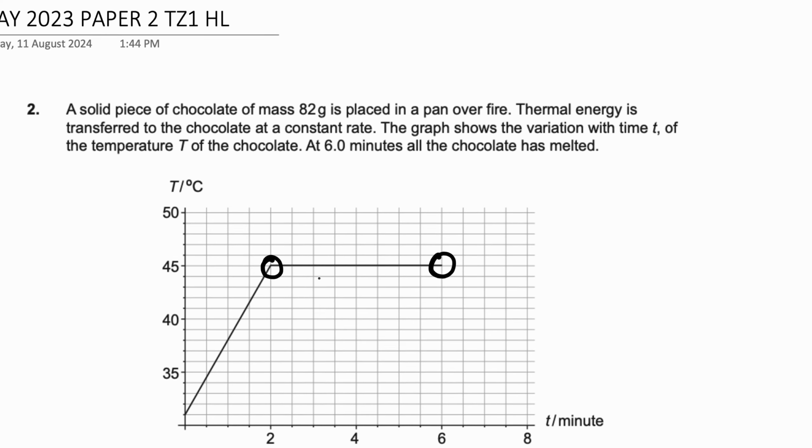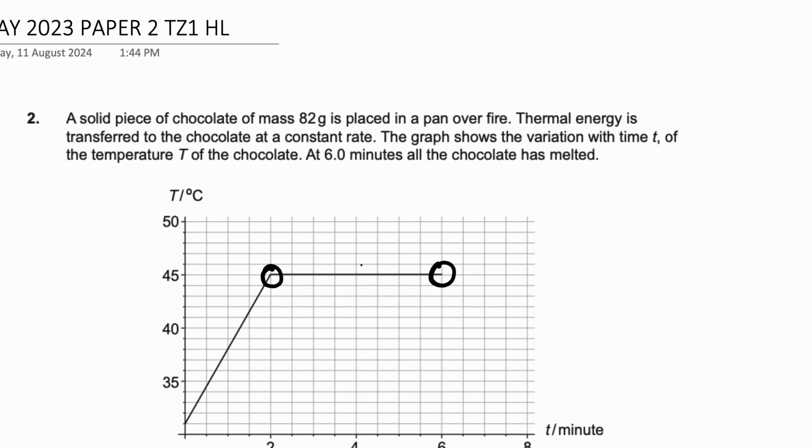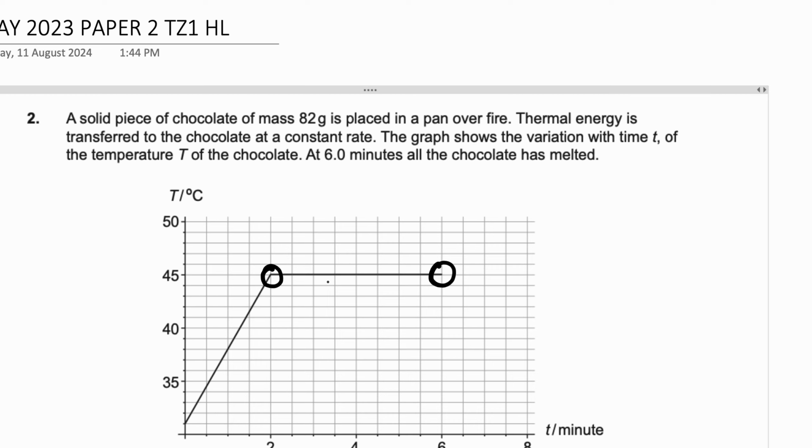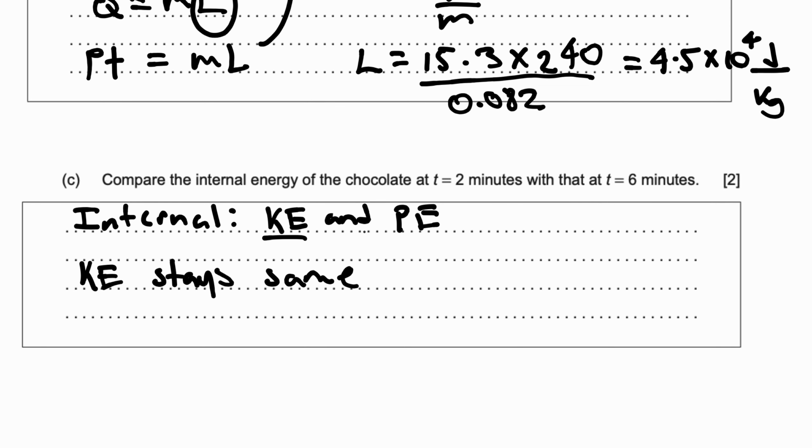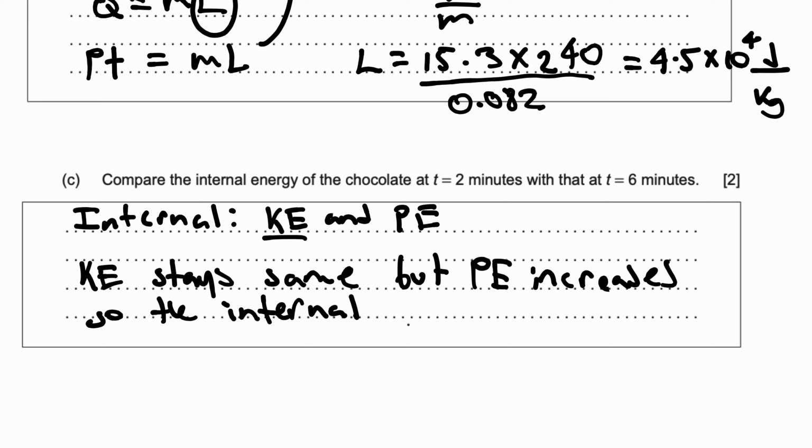However, thermal energy is being absorbed by the chocolate. It's being absorbed to break the bonds that are holding the chocolate as a solid, to then allow it to change state into liquid, because liquid has weaker bonds than a solid. So this is increasing the potential energy. Potential energy increases because of the change of state and the continual absorption of thermal energy. So the internal energy increases